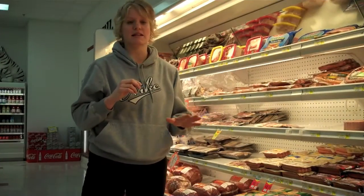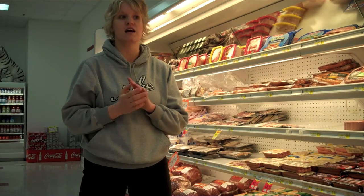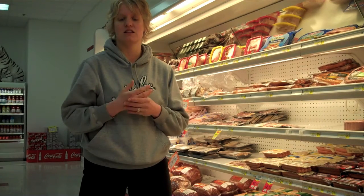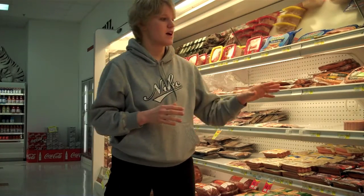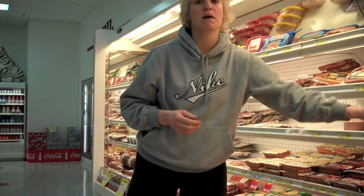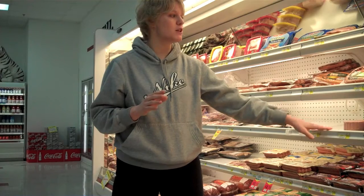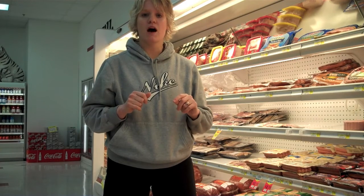Here we are at the processed meats. As a general rule, you want to stick with whole foods, and what I mean by whole foods are foods that are as unprocessed as possible. Obviously, meat has got to be processed somewhat. I mean, you're not just going to go get the cow and cook up the meat. But this kind of stuff, hot dogs, for example, lots and lots of processing and additives. We want to stay away from that as much as possible. Once more, everything in moderation. I'm not saying never eat it, but we want to stick with the meats that are unprocessed the most. So hot dogs, bologna, the sausages. You want to, as much as possible, cook with the whole